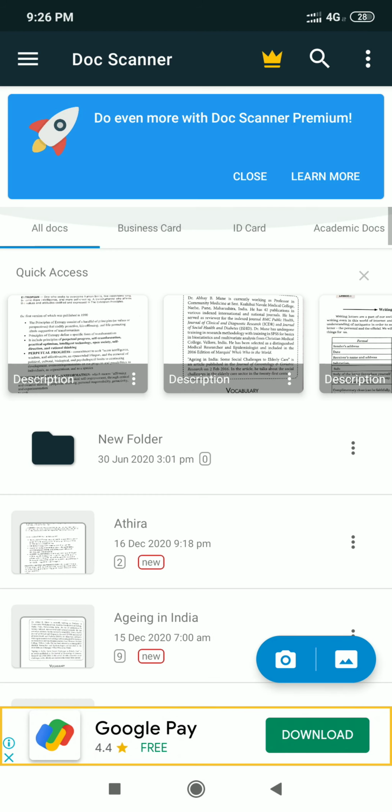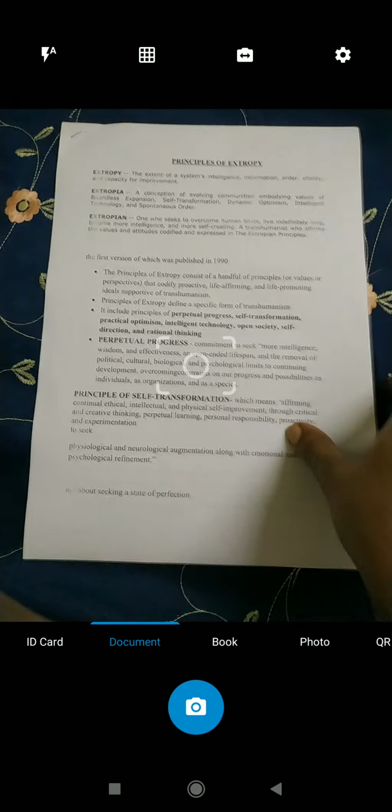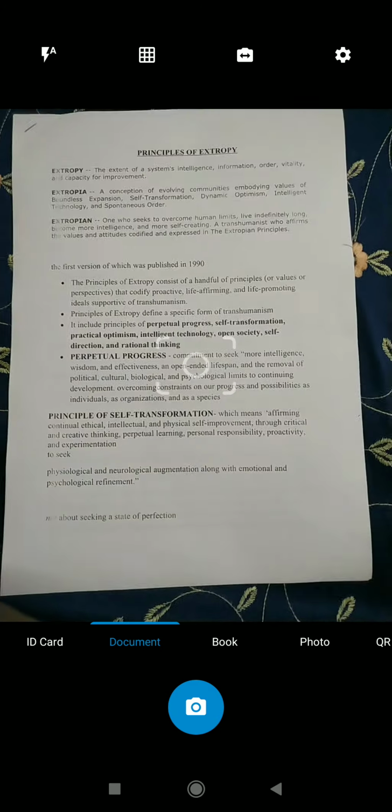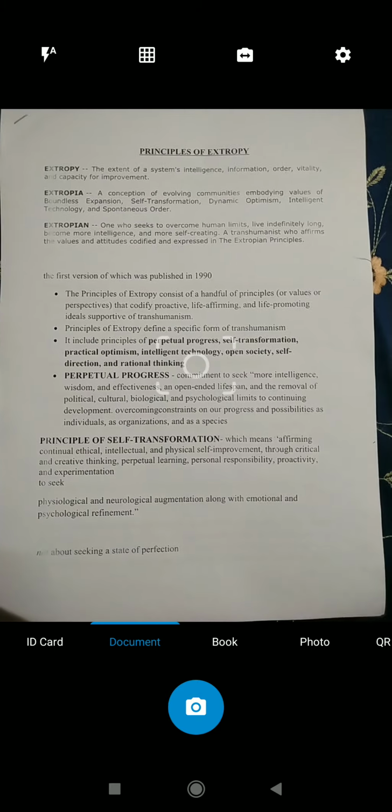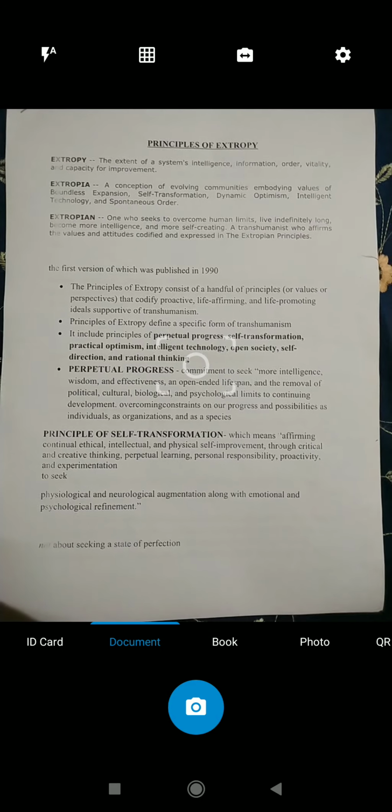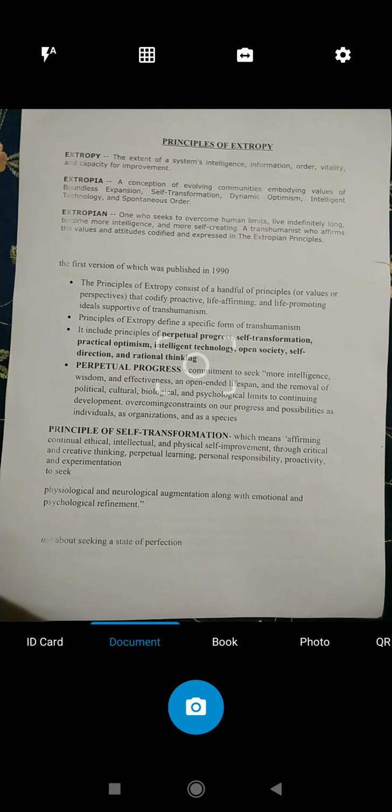Here I have clicked a lot of PDFs, so that is why a number of lists shows here, otherwise it won't be like this. So here you can see a camera button. In order to make a PDF document, you want to click this camera button. The camera will be open. Just imagine this is your written document. Now I am using a printed document which I have with me right now. So just focus it and click on the camera button at the bottom of the screen.